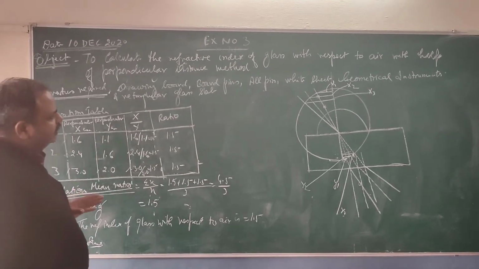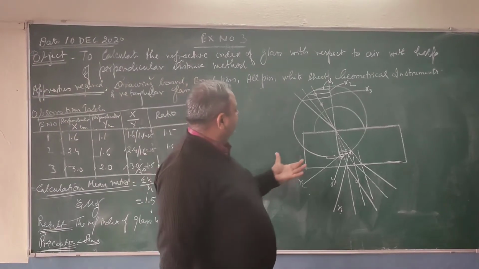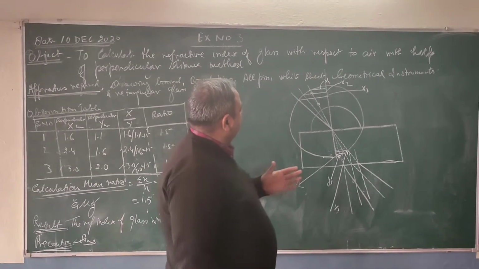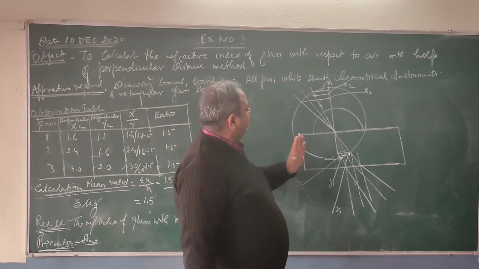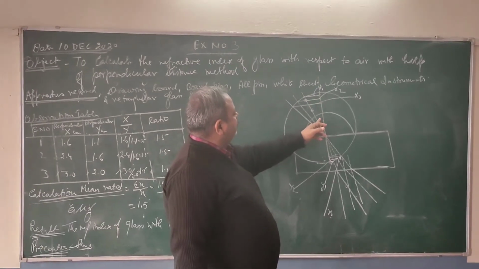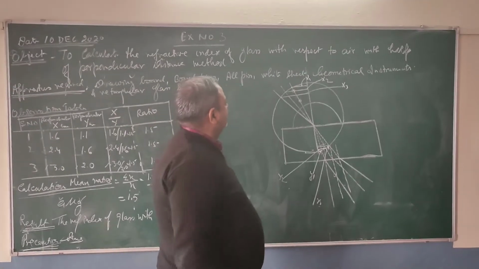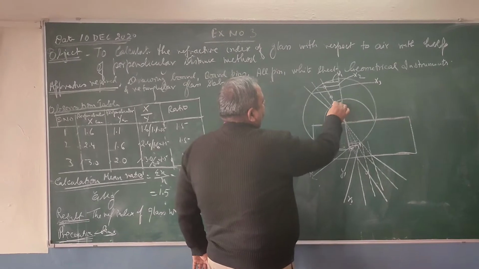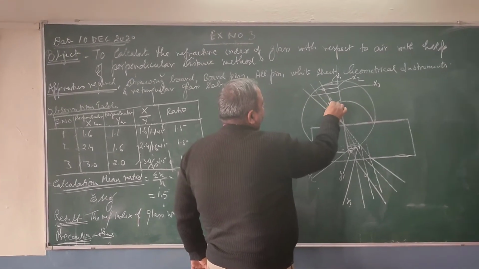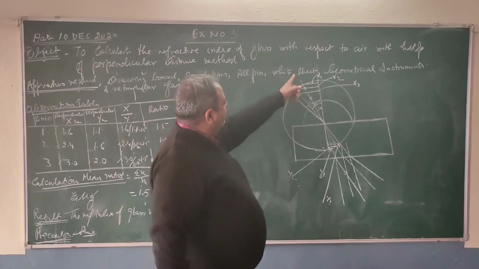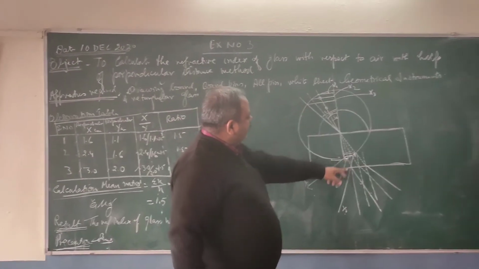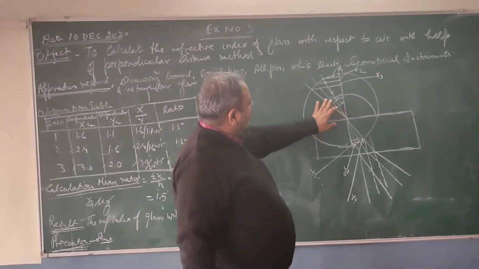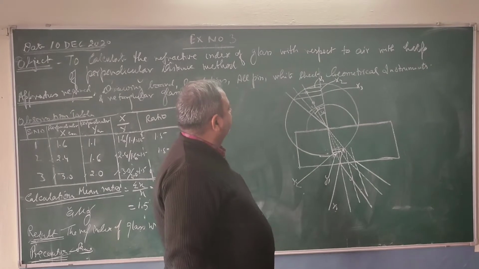Similarly, as we have done in the previous experiment, we have placed one rectangular glass slab on a white sheet, and at 1/4 of the distance we have drawn one normal. Mark the angle of incidence 20, 30, and 40, as previously. First I have taken the reading from the 20 incident ray and marked two pins appearing in a straight line, then did the same for 30 and 40.